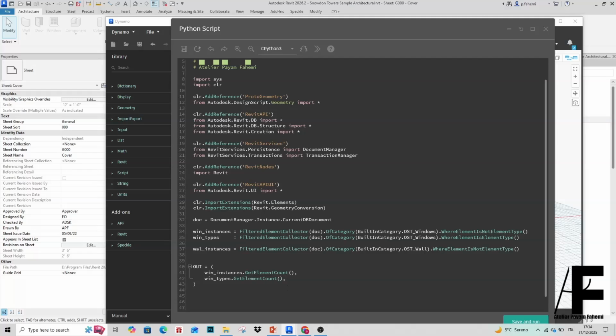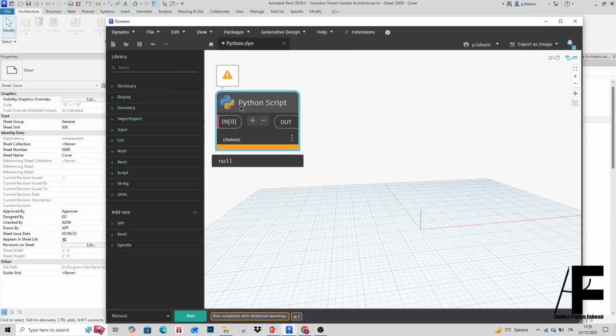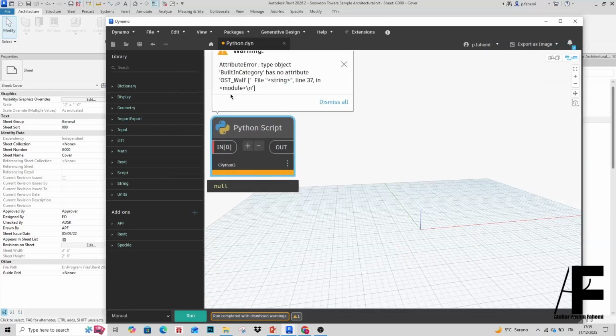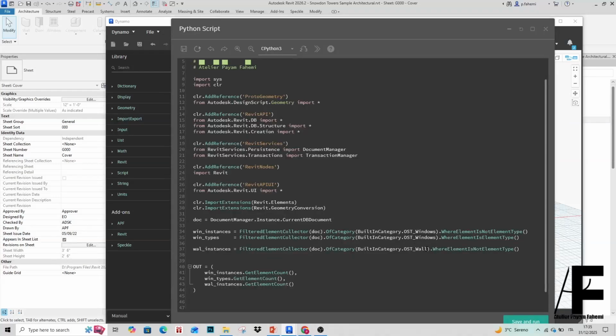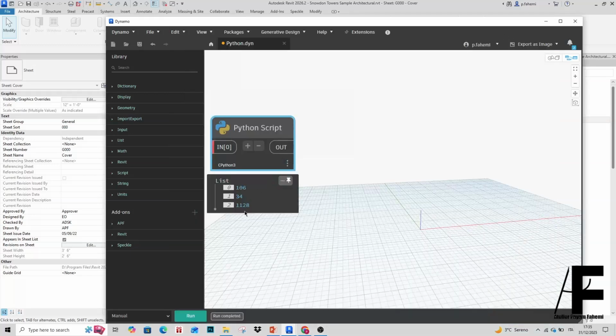I'm going to add this to our output list and count it. All right, let's save and run. Still we've got a problem here. Of category, I think this should be walls. All right, now we have 1128